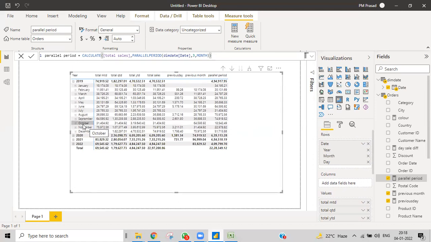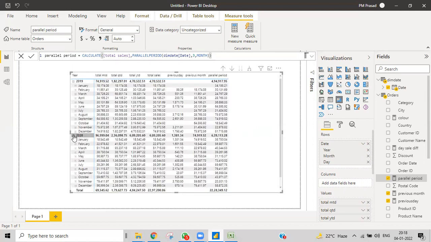You can see even for November and October it is showing values. We don't have this 18, so where is it coming from? It's coming from next year. It will show the next 3 months later, this one, the March sale. For the highest year in the available data, what will it show for December, 2021? So for the last available date's year and month, December, what will it show?